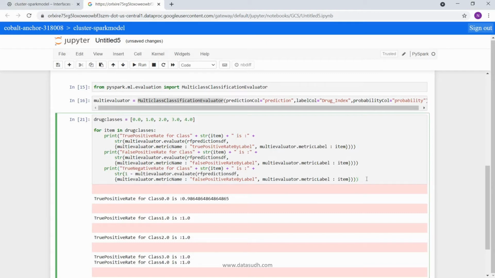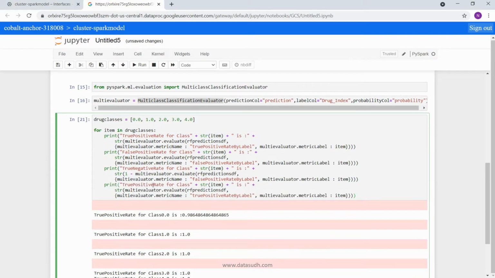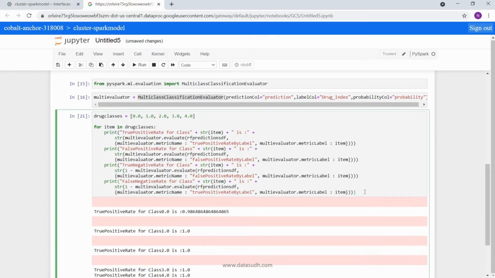Now similarly, let's calculate false negative rate, which will be equivalent to 1 minus true positive rate. So if I take my true positive rate and calculate my false negative rate from it, that will become 1 minus my true positive rate. With this we have written the code for calculating all the positive and negative rates.